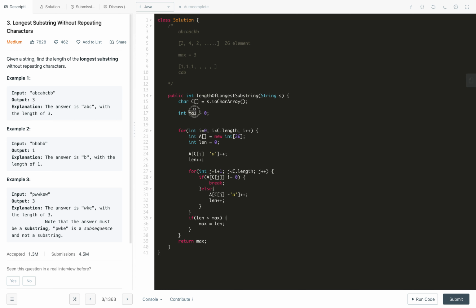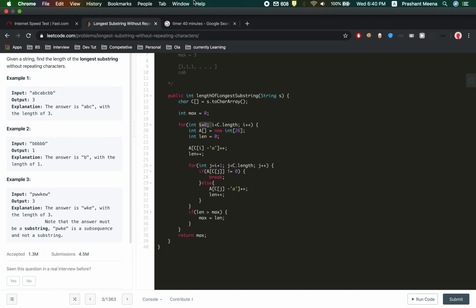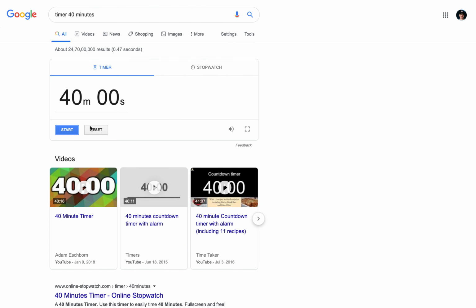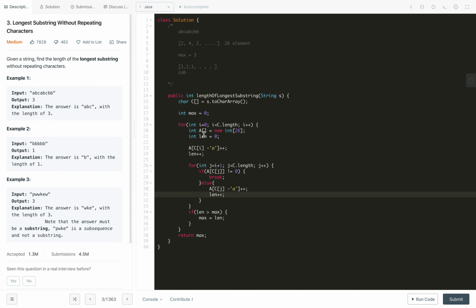Okay, so we have a maximum equals to 0 right now, and then we go through the length of all these characters in the c. Timer started or not? Timer is not started, that is the problem. So we go through all the characters on the length,